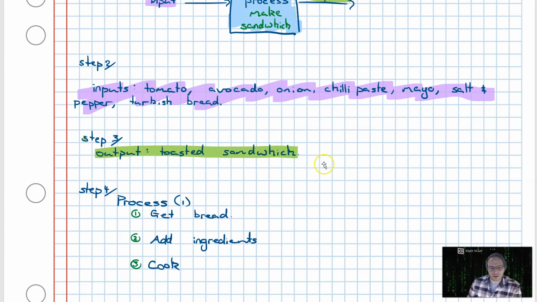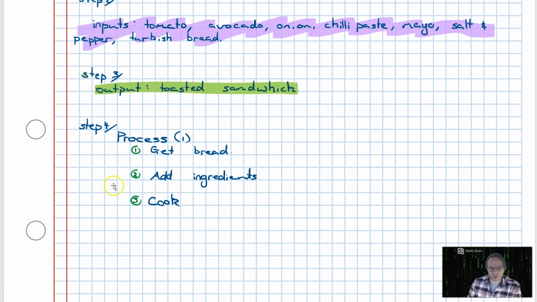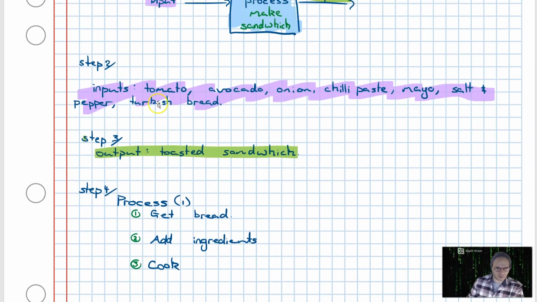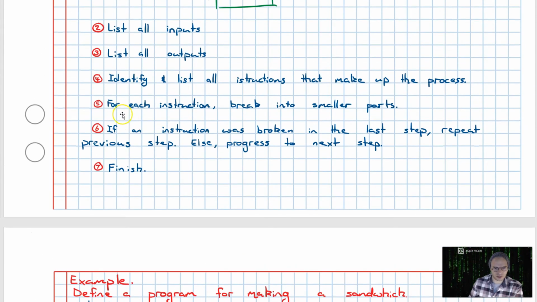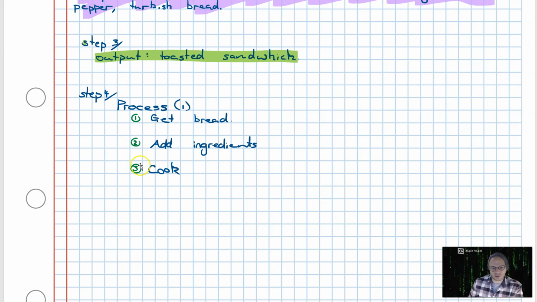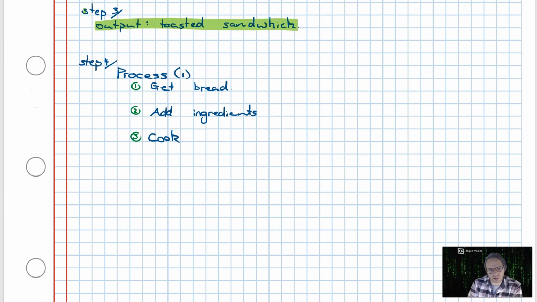Alright, so now that we've had a look at why we need to refine our process, let's go about breaking these steps into atomic steps so that we're going to get a properly defined sandwich at the end result. So, from step 4, I'm going to go, for each instruction, break into smaller parts. So if I can break an instruction up, I'm going to break it. Now going down, what I'm going to do is I'm going to go